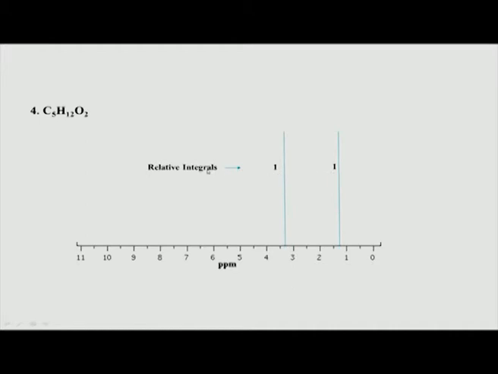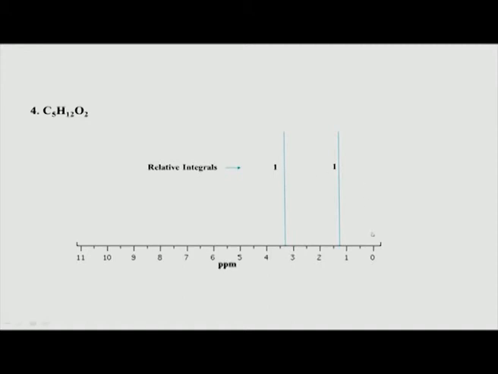Remember, that is why it is very important: the word written here is relative integrals. Relative integrals means it is relative to each other, they are equal. It does not tell you the number of hydrogens. That is the biggest drawback, I would say, in NMR, that it always gives integrals relative to each other. If I take this as a reference, in terms of the height of the peak, this height is the same, area is the same. So, I would say this is equal, but it does not tell me the absolute number of protons. So, there is a big issue.